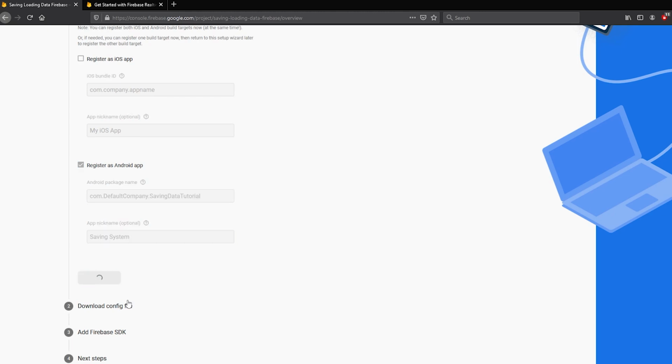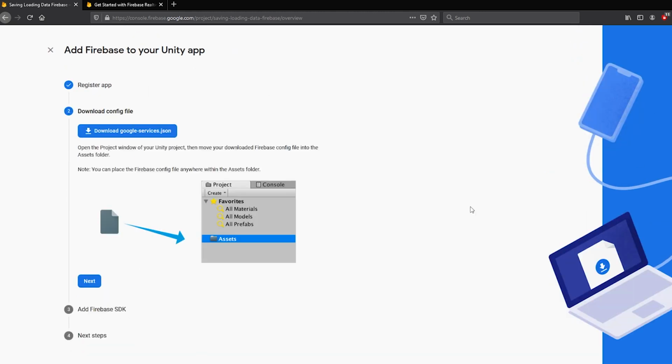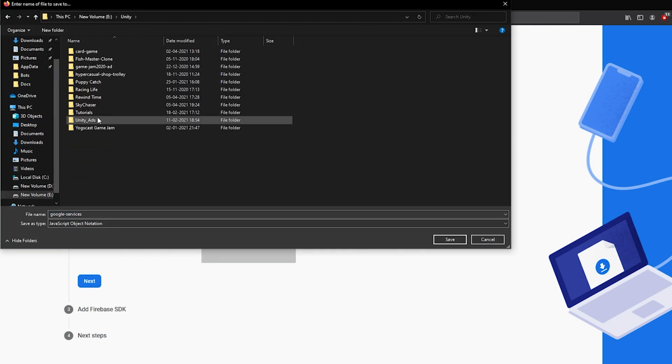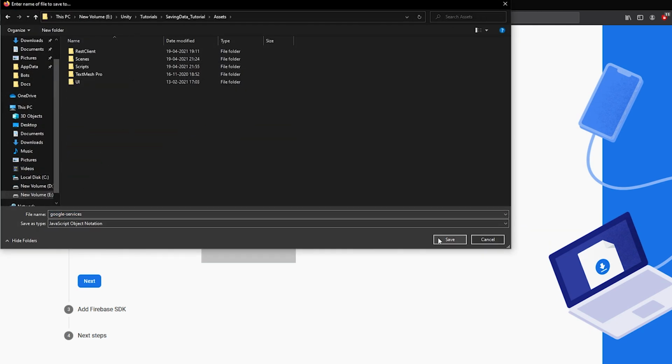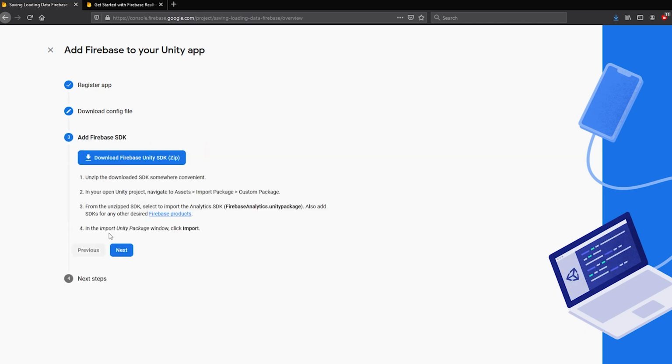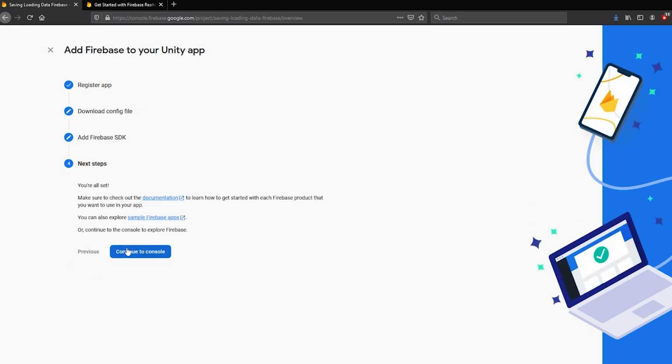It will then ask us to add a config.json file to our Unity project. So let's quickly do that. This config file will have the Firebase links and other important data. Once the config file is added to the project, it will then ask us to download the SDK. We will download this SDK later. We can also install the Firebase SDK using the registry scope. Since the method is no longer supported by the Google team, we will download and import the SDK manually.